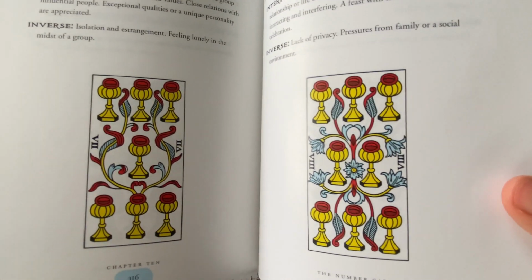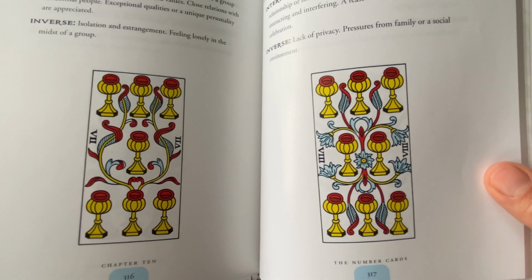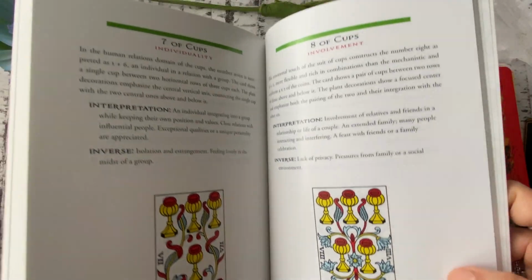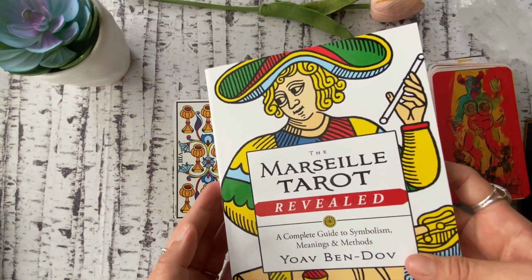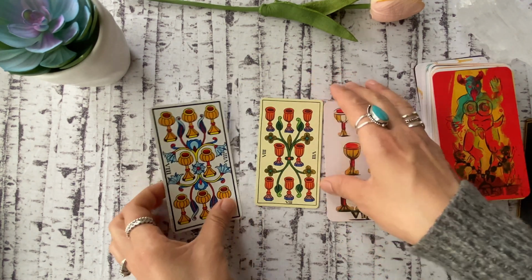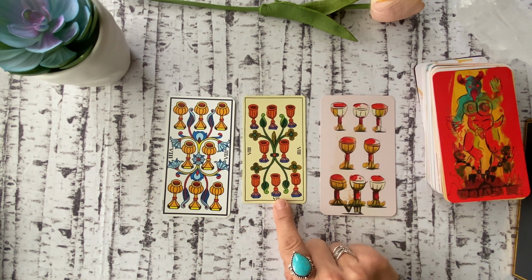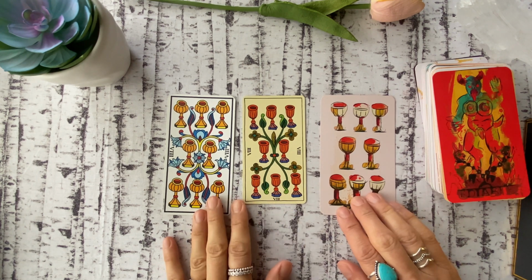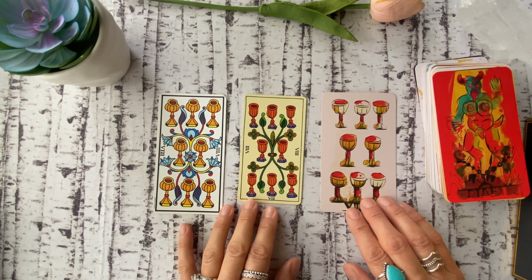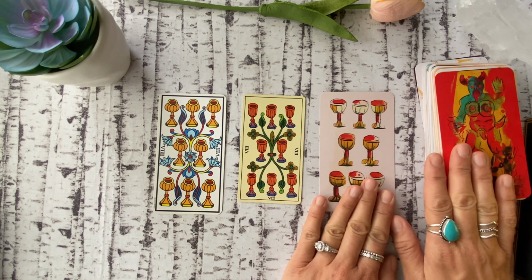So as you can see, the decorations here, there's like a really strong flower in the center and everything is interconnected. So that's quite a different interpretation than the Rider-Waite-Smith. If you look, this Tarot de Aux Arcs does not have the floral decorations, which can completely alter your interpretation of this card. So it's important that, for me, I love this deck so much, and I'll show you a little bit about that in a little bit,